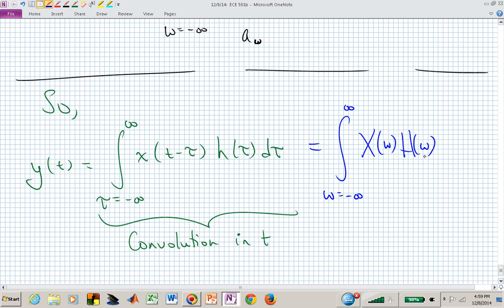H of omega, which is how the system responds or how its frequency content is determined from its impulse response h. This is now, if this is what it's supposed to be, this should be Y of omega. If we have Y of omega, we can just use those as coefficients or weightings on e to the I omega t d omega. So that now y of t is related to, so that we now have this multiplication